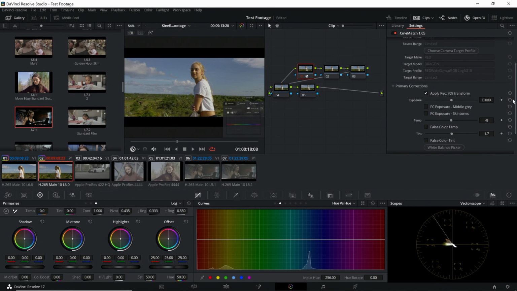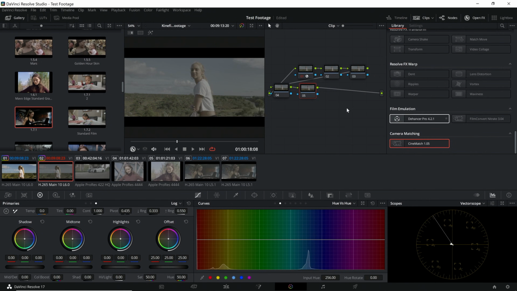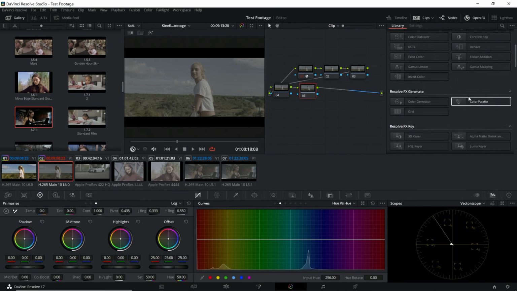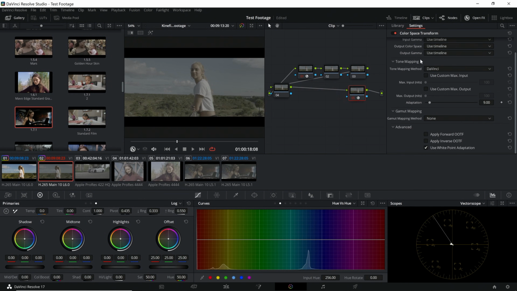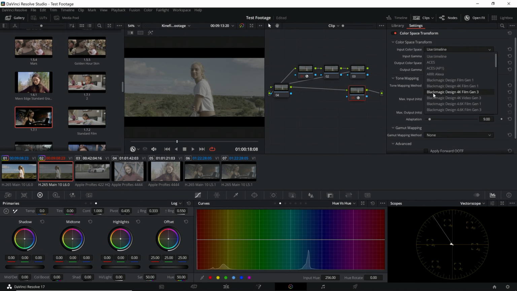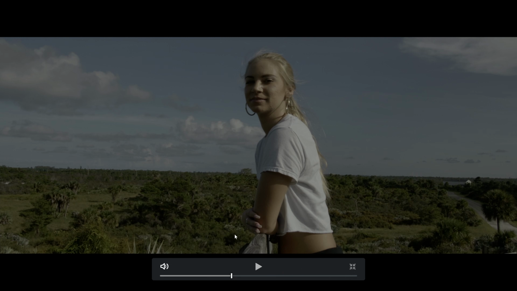Now, however, let's reset this. And let's say, hey, now that we have this and we sort of set it up, we can actually use the color space transform. We'll drop it here because you always want to add it to the end and make all your corrections before. Now we're going to add, and remember, we use the red wide gamut RGB, and we did the red log 3G10, and it converted it to 709. And now it is in a 709